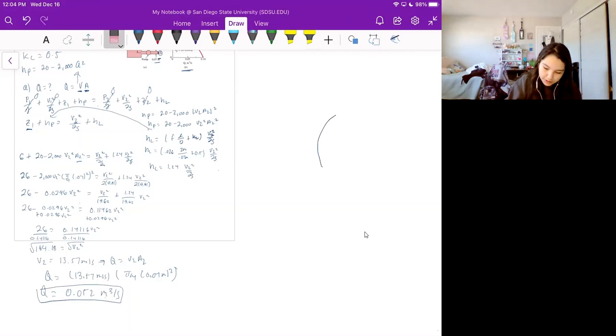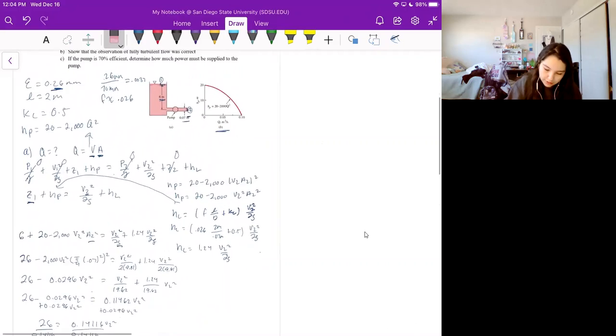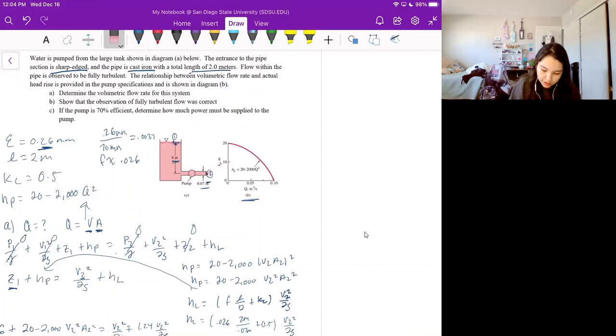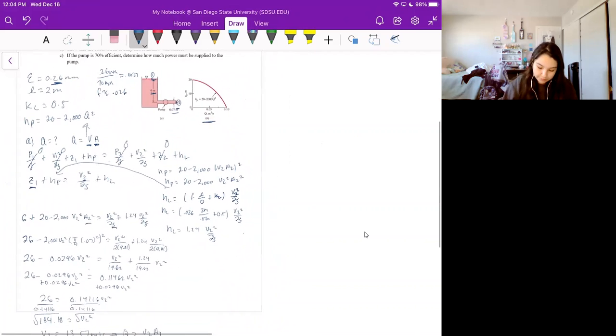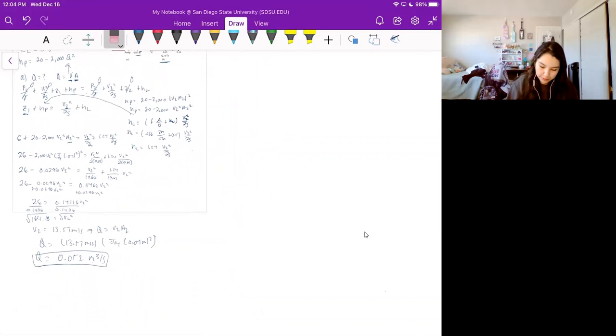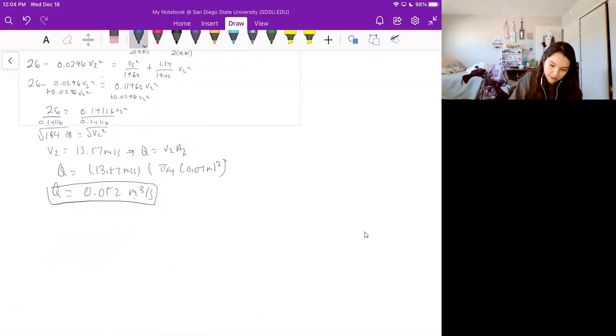For part B, we have to show that the observation of fully turbulent flow was correct. So now that we have the volumetric flow rate and velocity, this is possible. For part B, we need to find the Reynolds number, and we know that the Reynolds number is equal to rho V D divided by mu, where rho is the density of water, 999 kilograms per meter cubed, which is found in our table in the book, times the velocity, which we just found to be 13.57 meters per second,